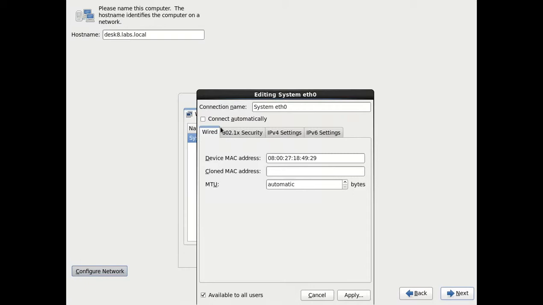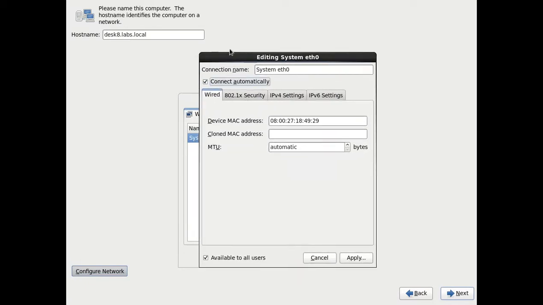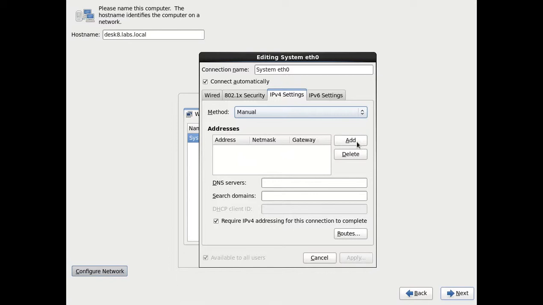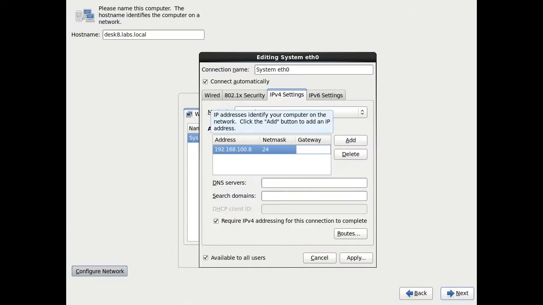I click on eth0, connect automatically, yes, so that every time the system boots the network interface should be up. I want IPv4, and my environment is using static IPs, so I'll use manual. IP address 192.168.100.8. Netmask is /24, works fine. Gateway is